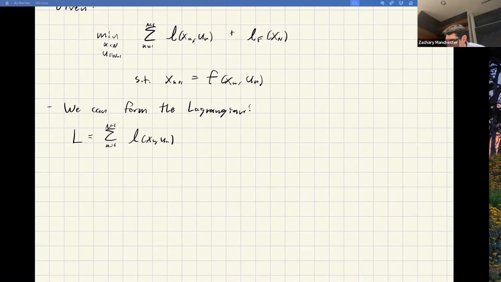And then we're going to have our dynamics constraint. I'm being very deliberate about my time step indices here. We throw the dynamics in: x_k, u_k minus x_{k+1}, constraint equals 0, right? And we throw that in there with a multiplier. And then we've got our terminal